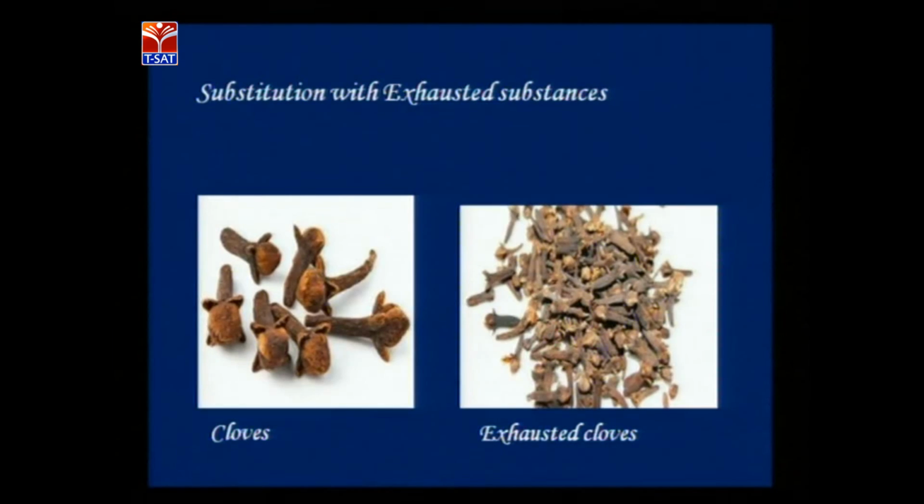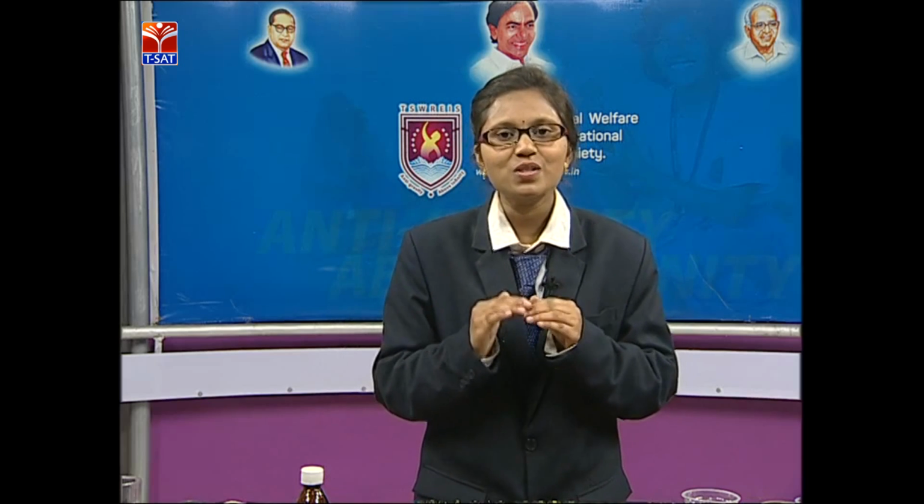And the next one is substitution with inferior quality substances. Some substances have high amounts and high concentration of the drugs, but some substances have less amounts and less concentration of the drugs. If the original drug-giving substance is scarce in the market, then the drugs are taken from inferior quality substances, practicing adulteration.